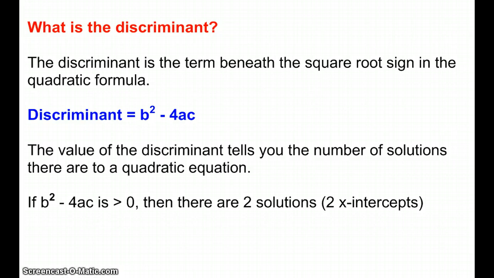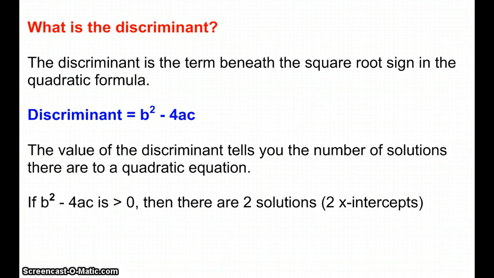It is not the square root of b squared minus 4ac. It's just b squared minus 4ac. What's really cool about the discriminant is that the value of the discriminant tells you the number of solutions that there are to a quadratic equation. So before you even solve the equation, look at the discriminant and you'll have a predictor as to how many